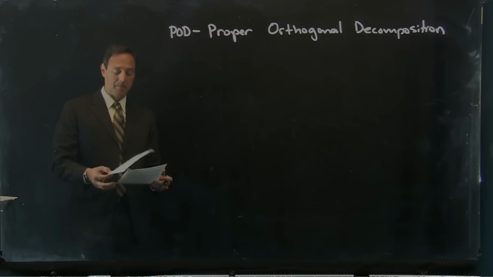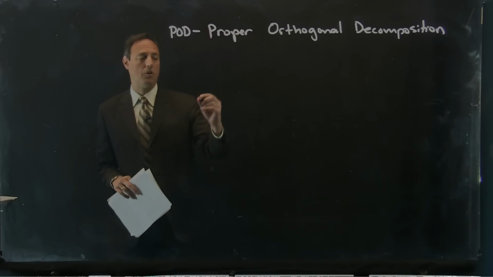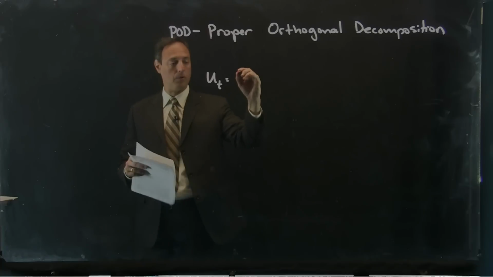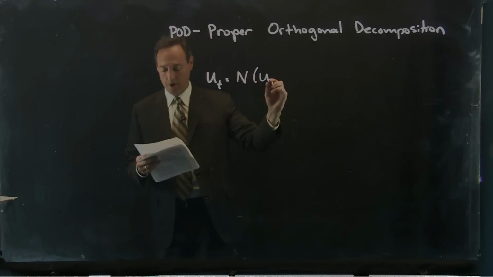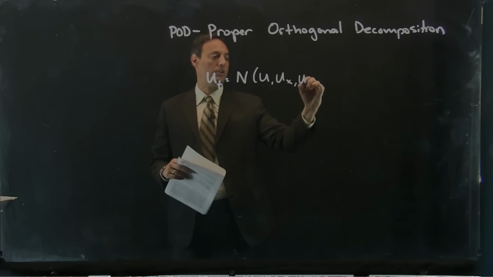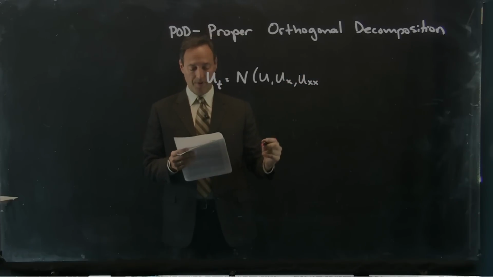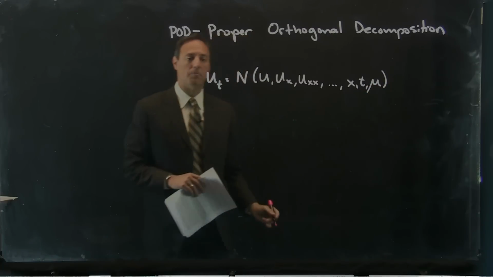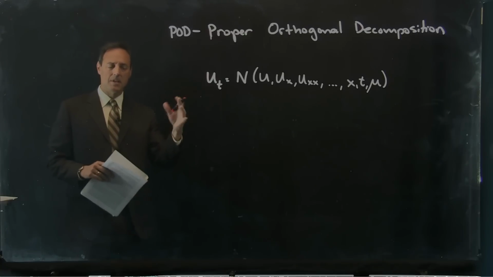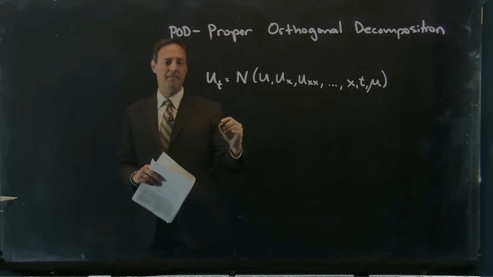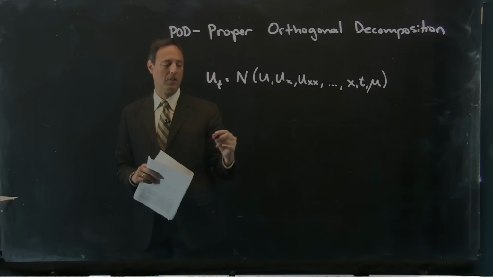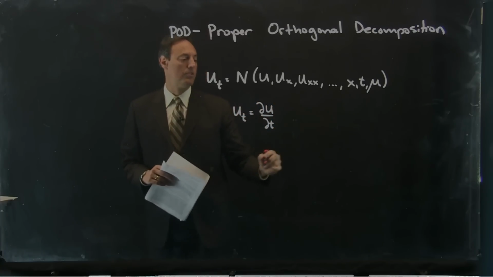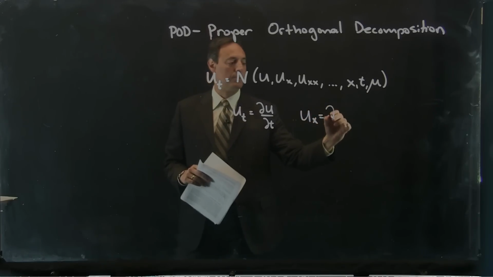So I always like to think about this in terms of a partial differential equation. So maybe something of the form u_t equals N(u). It could be a function of u, u_x, u_xx. These are all the derivative terms. Also a function of x and t, and perhaps some parameter mu. And what I mean here by u is typically a vector. We're going to actually make it a vector in a moment, but these subscripts denote partial differentiation,